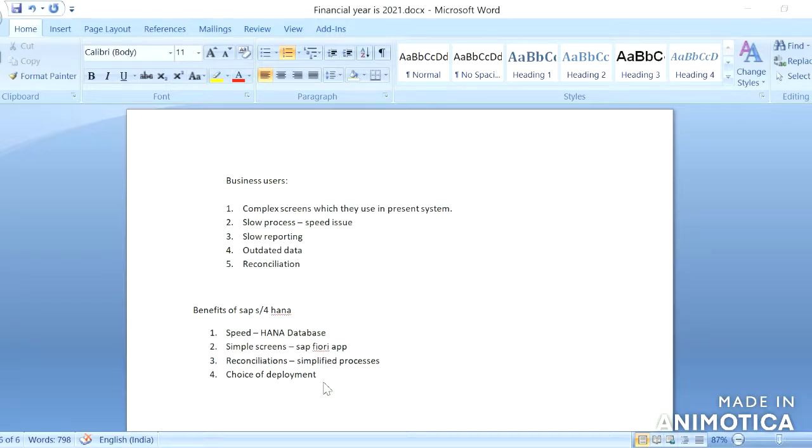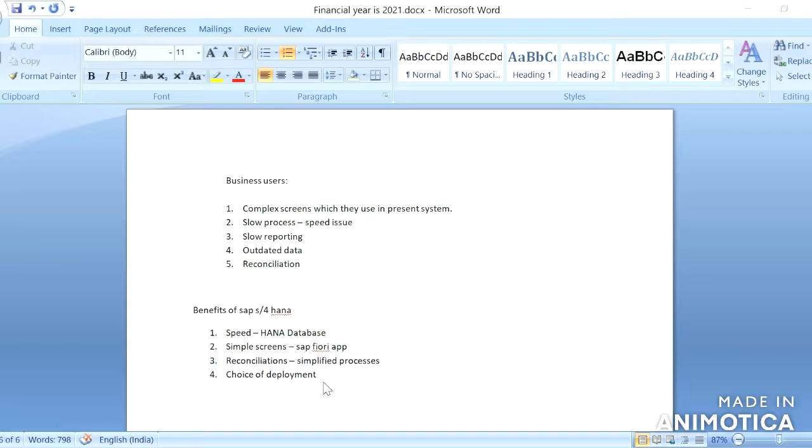So the main advantage of SAP S4HANA in choice of deployment is even small companies can implement SAP in their companies as they provide cloud-based support, which costs less compared to on-premise systems. So these are the few benefits from SAP S4HANA.